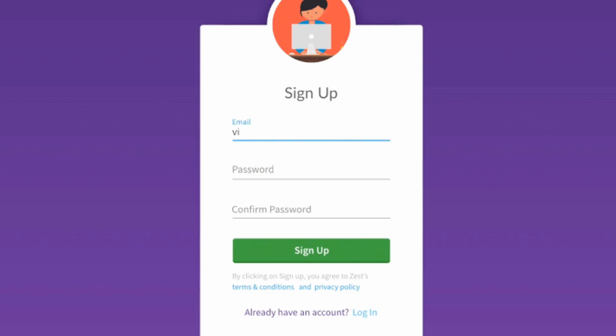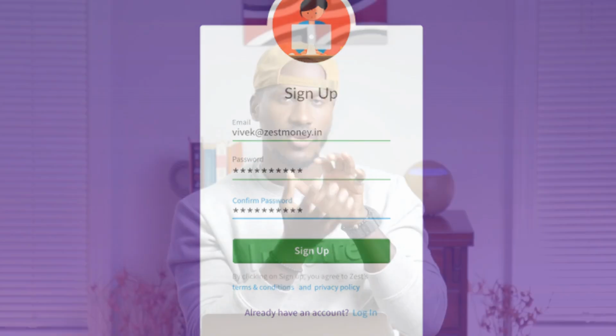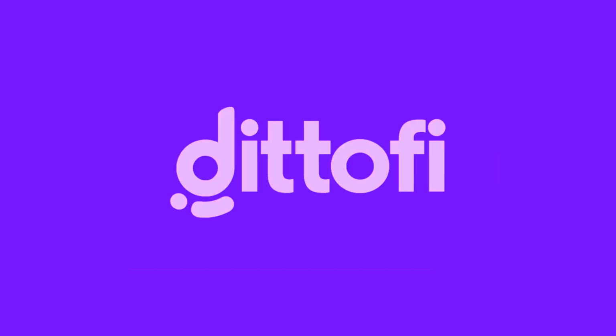I'm assuming everybody has logged in or signed up for something on the internet. So you go in there, you put in your information, and then you hit submit, you hit login, you hit sign up, your information. What do you think happens to it? And what happens after you log in or after you sign up?